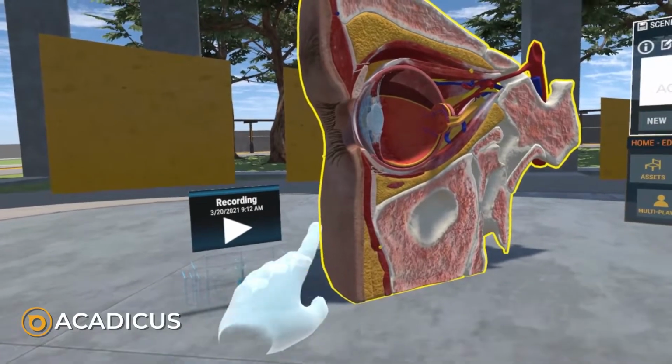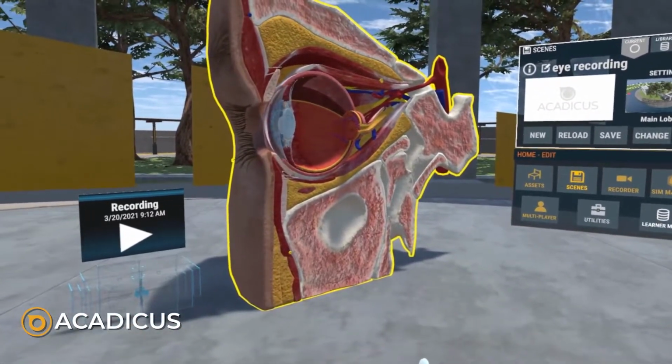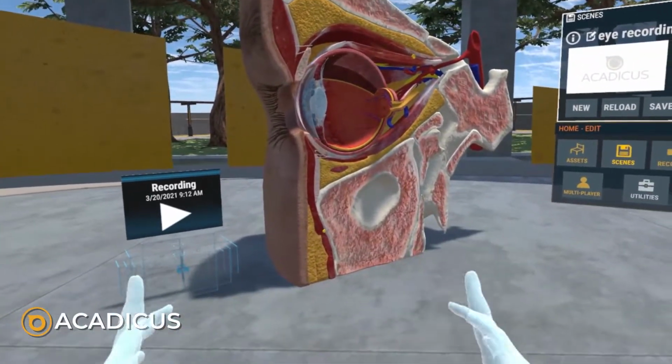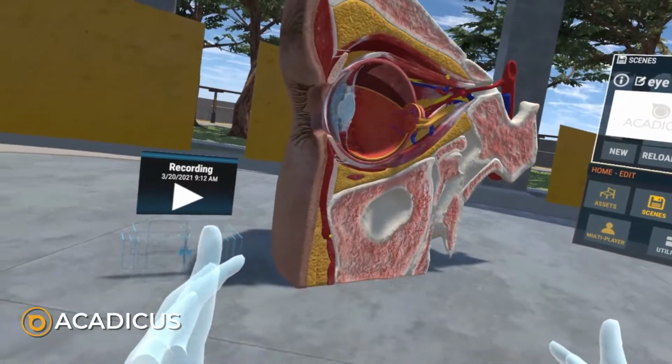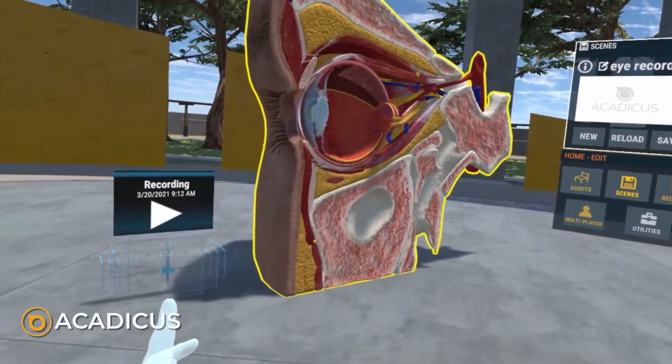Now that holocron is saved into this scene. So now that association will always stay together because this recording, or this holocron, and this asset are saved in here at the same time. Now actually, technically what I should have done is loaded the recording scene before I saved it, because when I